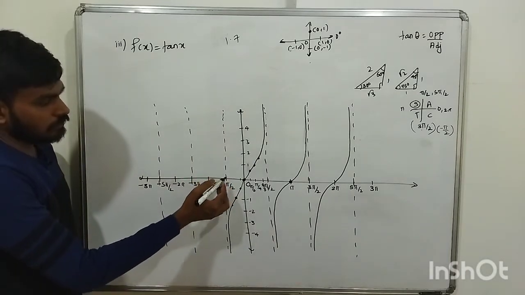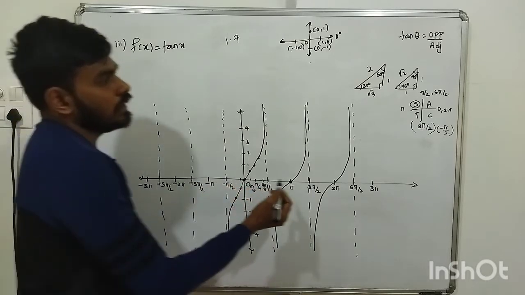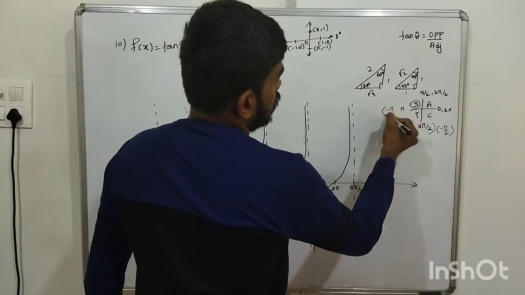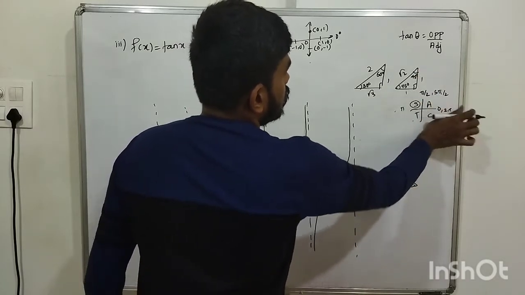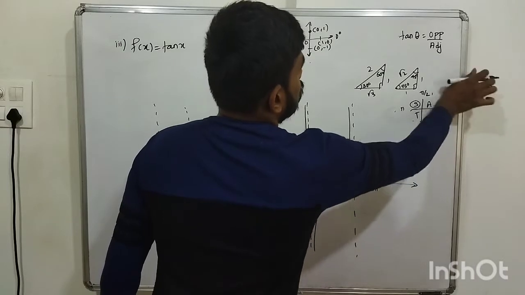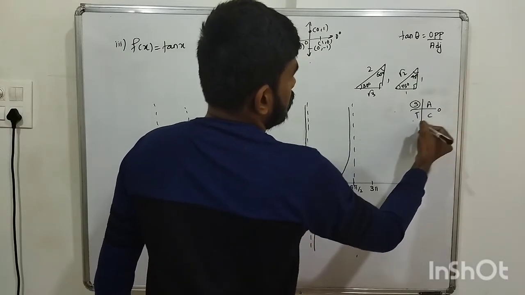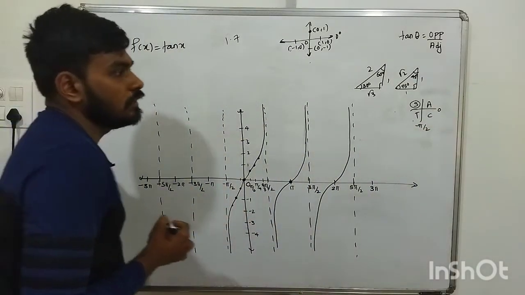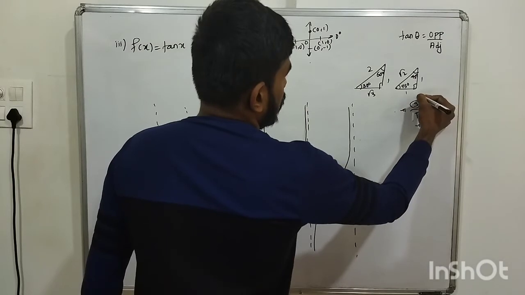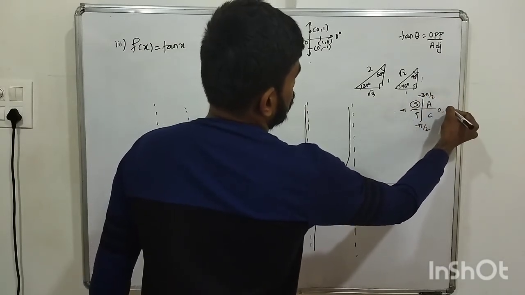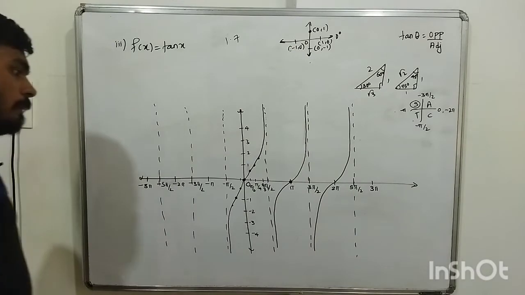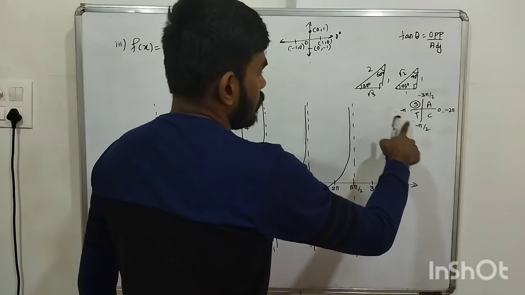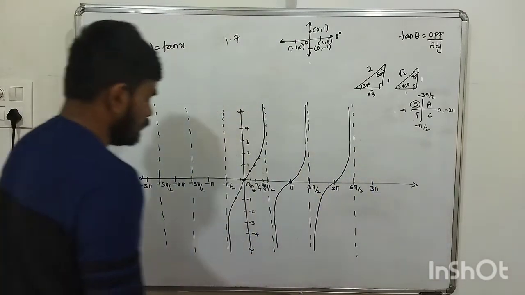Similarly this side, from minus pi by 2 to minus pi. So minus pi by 2 is here, minus pi will be here, correct? If we go anti-clockwise, sorry, clockwise, from 0 to minus pi by 2, this is minus 90 degrees, here minus pi, minus 3 pi by 2, minus 2 pi, correct? So from minus pi by 2 to minus pi, tan is positive, correct?